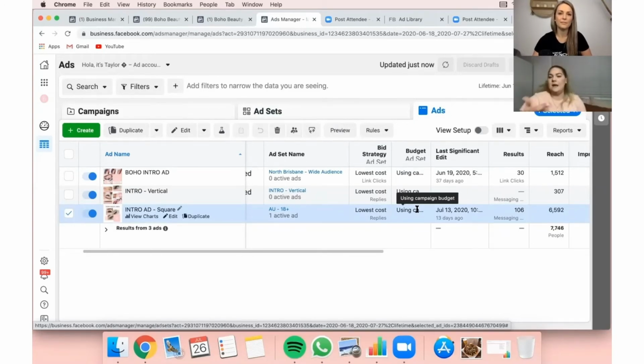So that's why it's coming up with my budget ad set, which is what I would recommend doing. If, for example, you run this ad for $7 a day for a certain amount of days, once you hit that $7, Facebook's cutting it. It's not going to show your ad for the rest of the day. Gotcha. So if you set an ad like I have for $250 over 15 days, they want that money to sort of be spent over that 15 days.